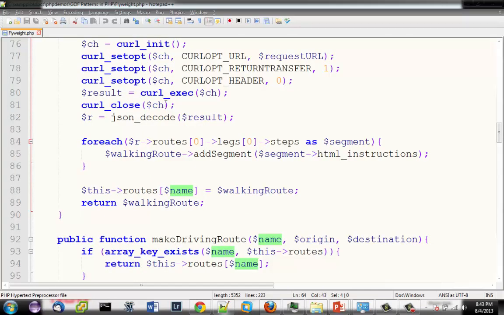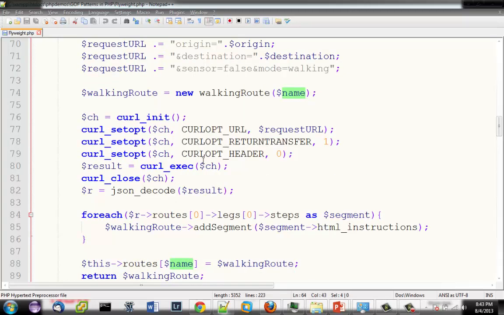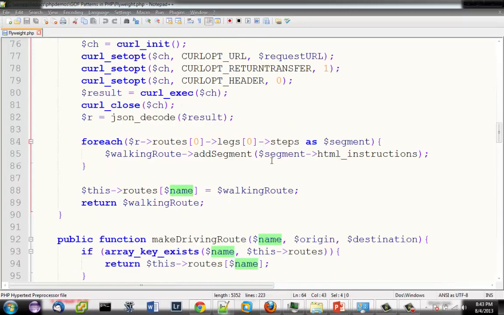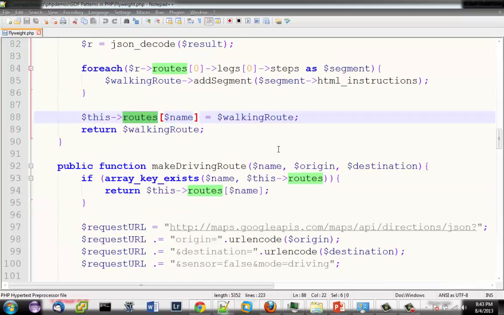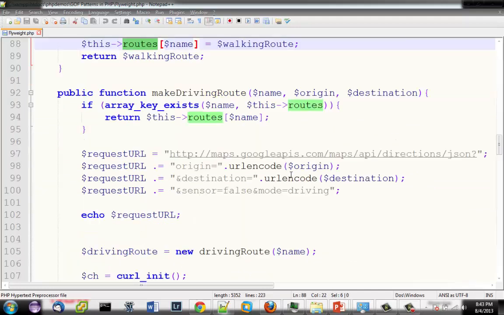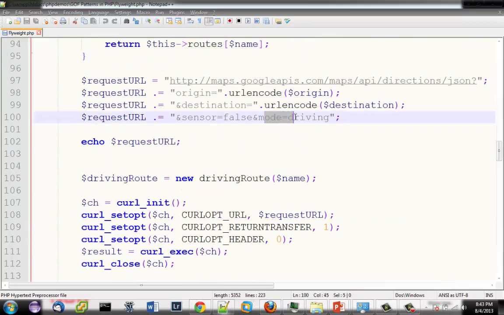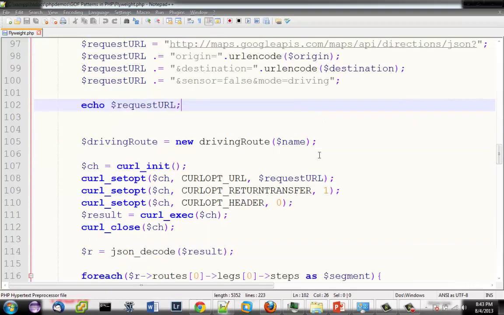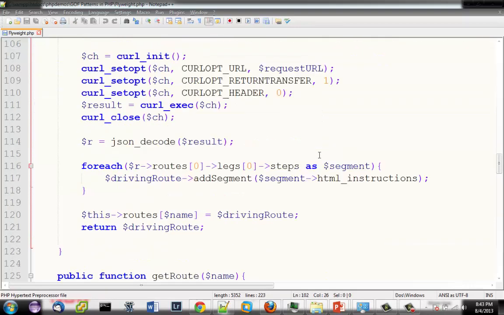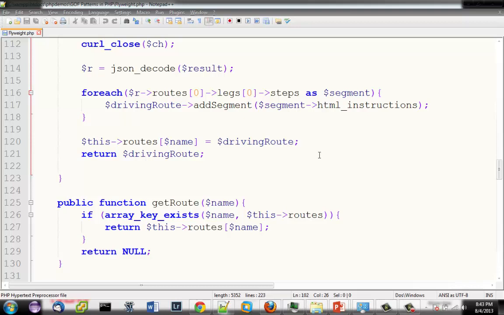Otherwise, I go through the process of creating that using the route API inside of Google Maps, and then I get a new walking route and I add that to the routes list there. Same thing down here for driving directions, and the only difference is I'm creating driving directions instead of walking directions, and it calls the exact same service. The only difference is I set the mode to driving. I just did that so I could have two factory methods, but really you could combine those and make a single method if you're making a more quote-unquote real-world example.